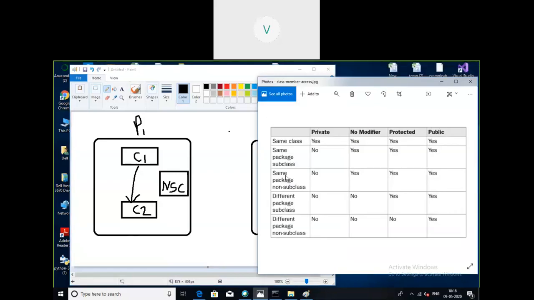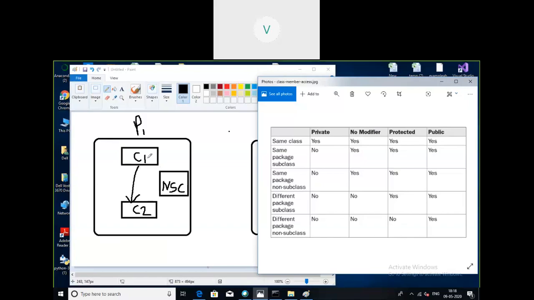NSC is a class present in the same package, and it is a non-subclass. Only C2 is a subclass of C1, but NSC is not a subclass of C1.